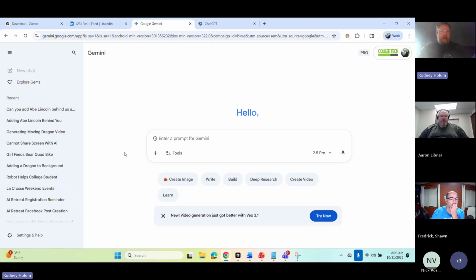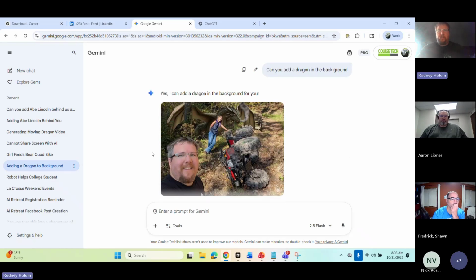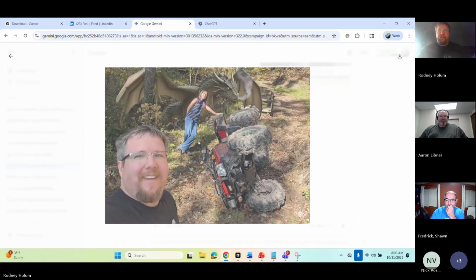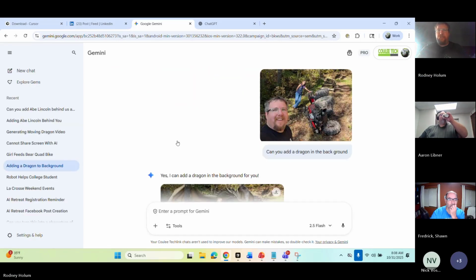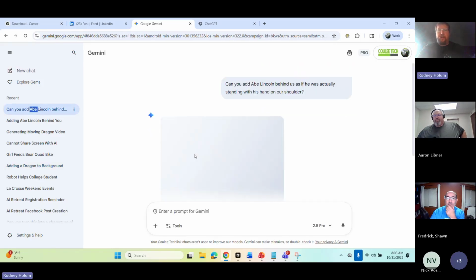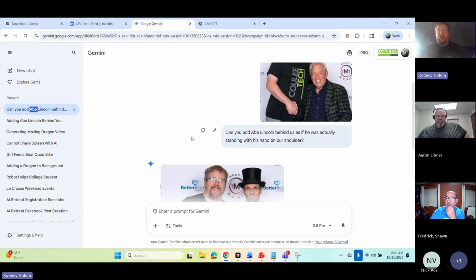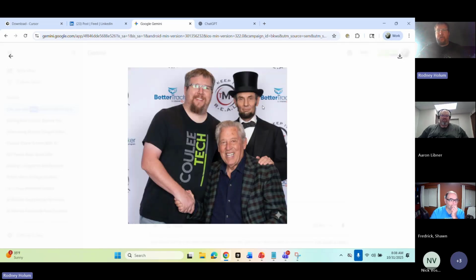So Gemini, I went and did just some simple image generation here, but it's gotten quite good. If you've done any image or video generation out of this, like here, I'll add a little drag into the background. And someone asked me if my picture with John Maxwell was fake. I was like, no, but here, I made this fake one. So I put Abe Lincoln in the back as well.